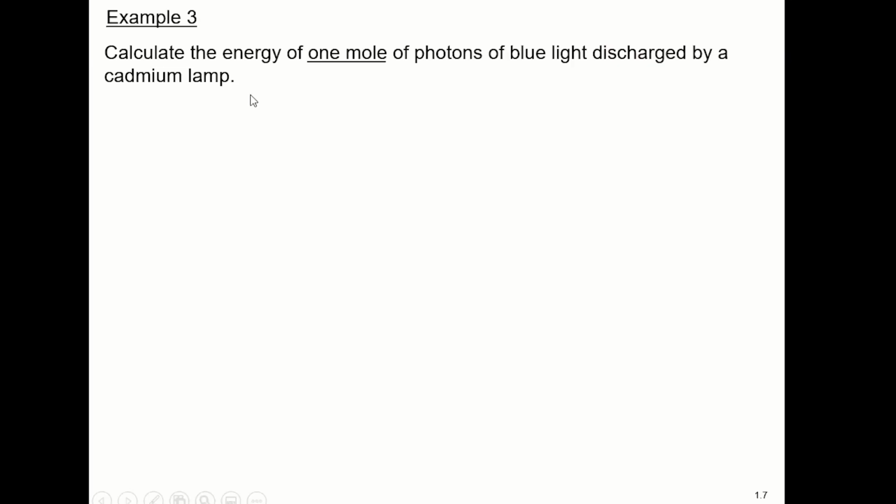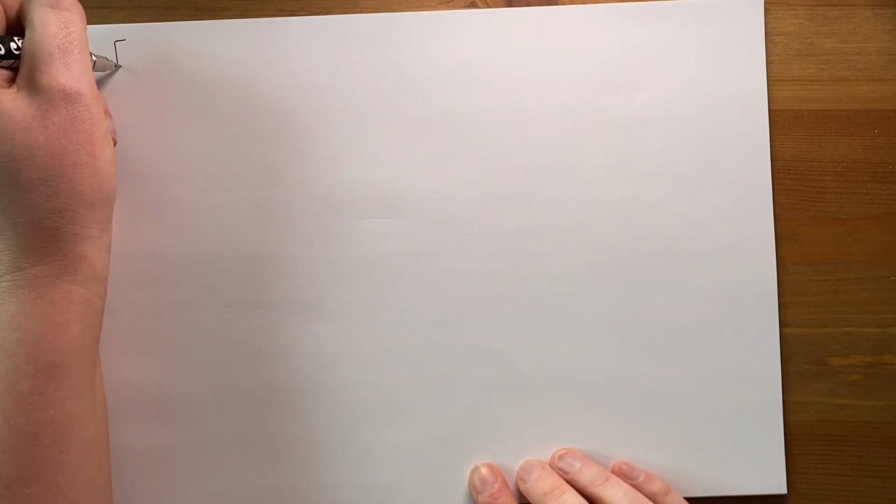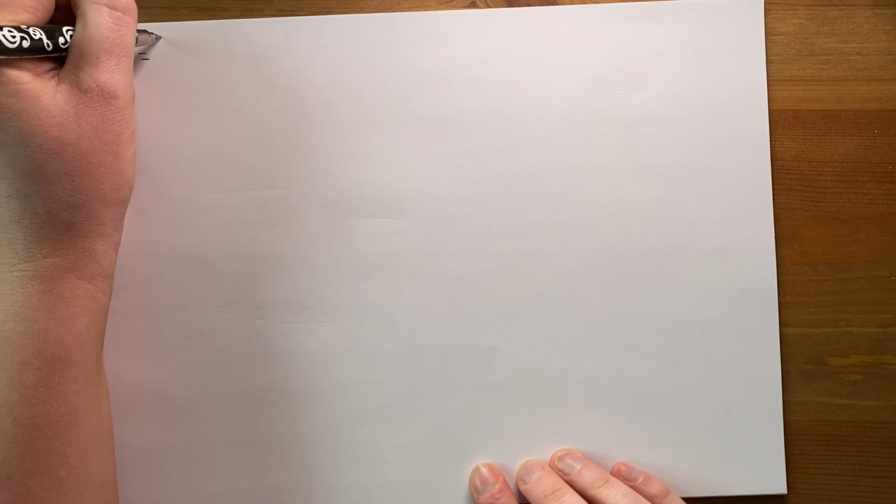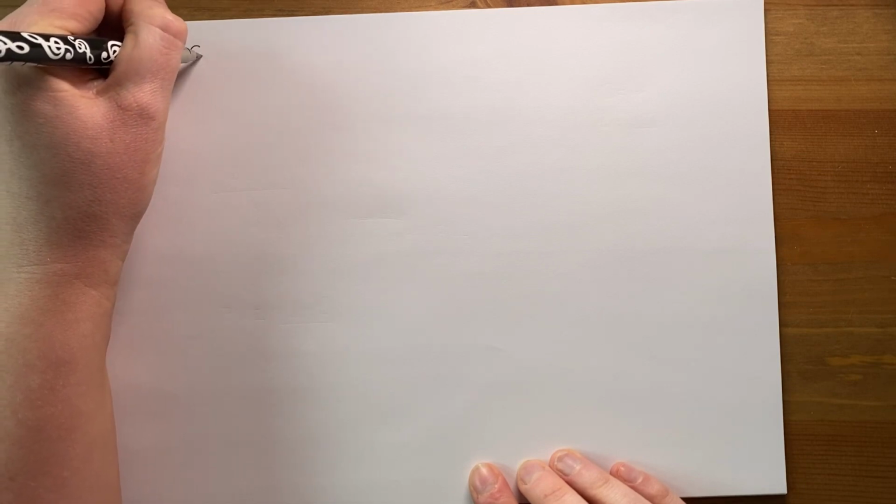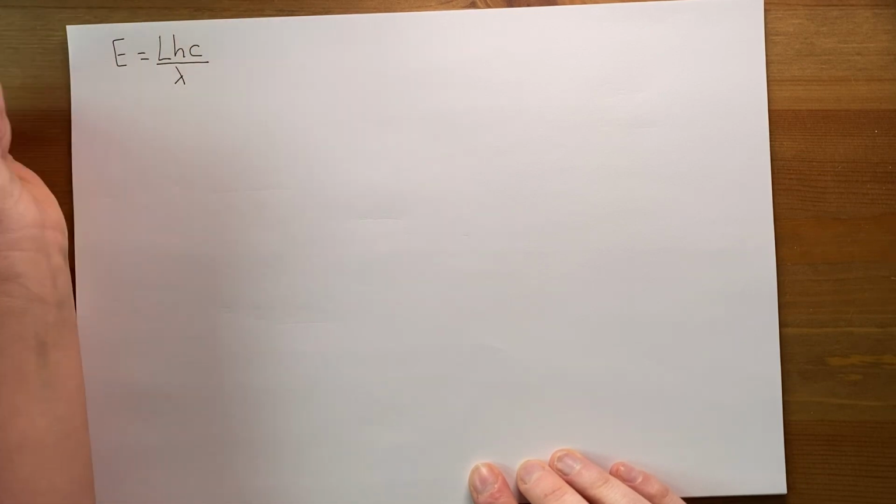It says, calculate the energy of 1 mole of photons of blue light discharged by a cadmium lamp. That's a lot of information. Calculate the energy of 1 mole of photons of blue light discharged by a cadmium lamp. Now, that is 1 mole of photons. That means I must be using Avogadro's constant. Now, what we just said, E equals Lh, and in this case I'm going to use c over lambda,